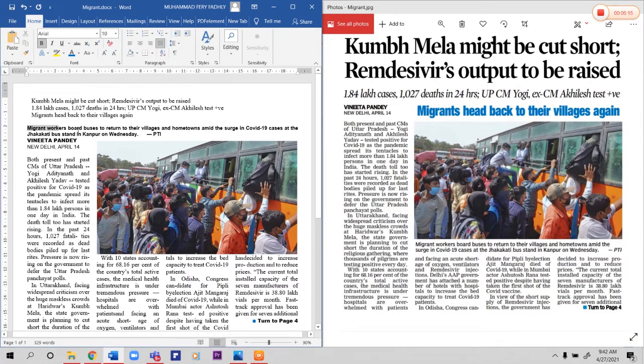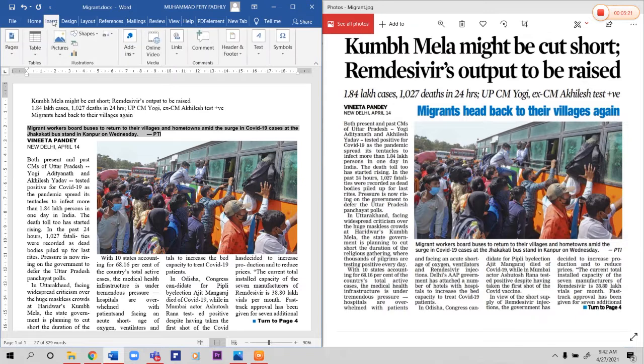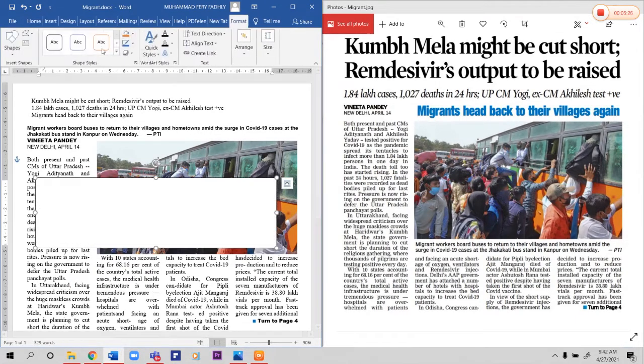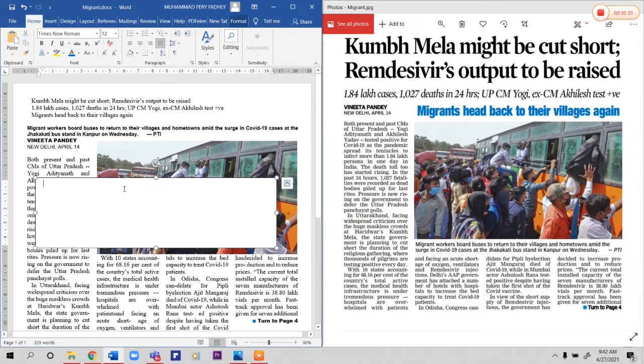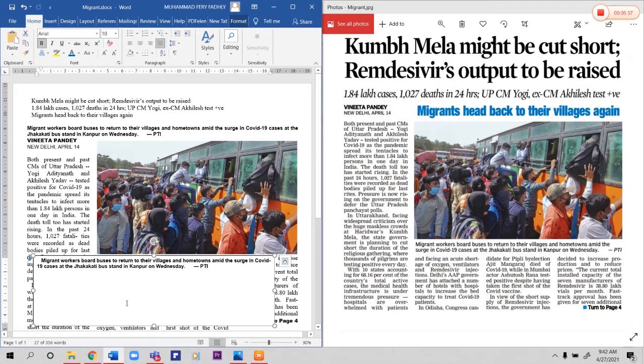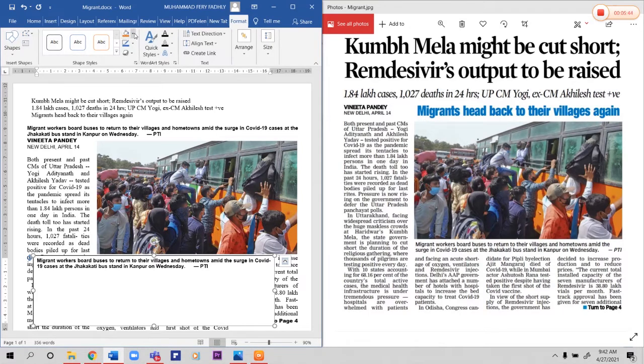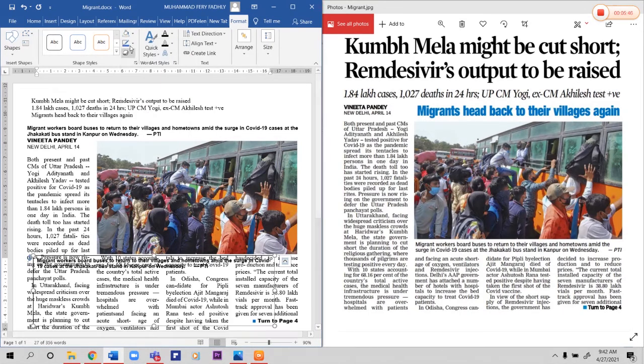For those using 2003 and 2007, you put it as a text box. Put the text from migrant workers until PTI in here. Change the format to no fill and no outline.